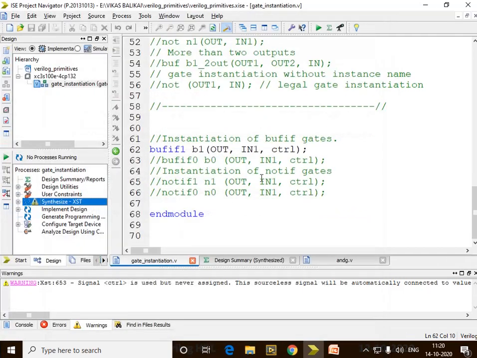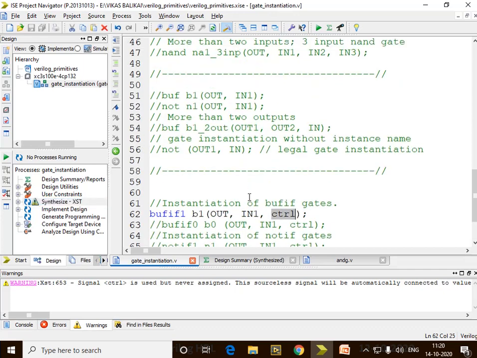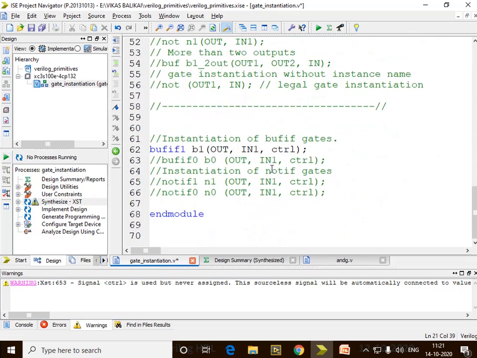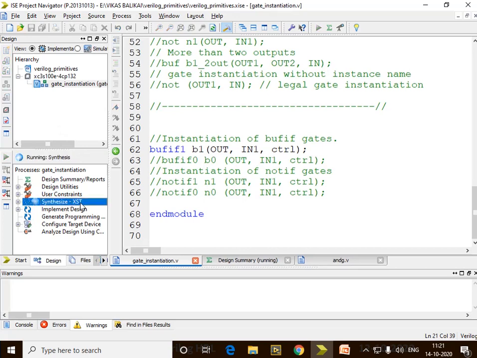Now there is a simple warning coming over here. That's because one term you have mentioned as control, but have you mentioned that in the input output module instantiation? No. So you should be mentioning that control signal. So now I'll save it, I'll synthesize it, then it should show me the green tick.